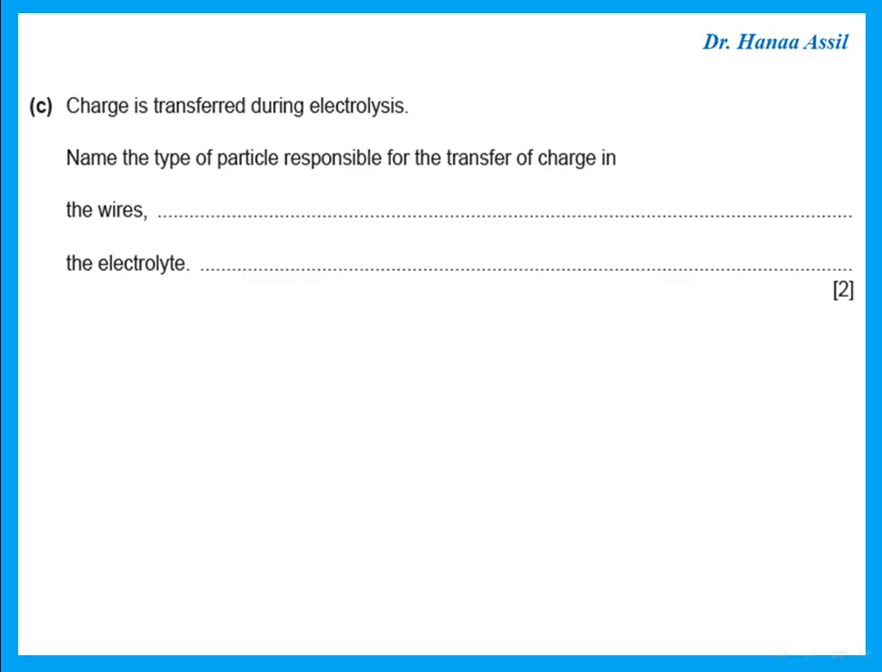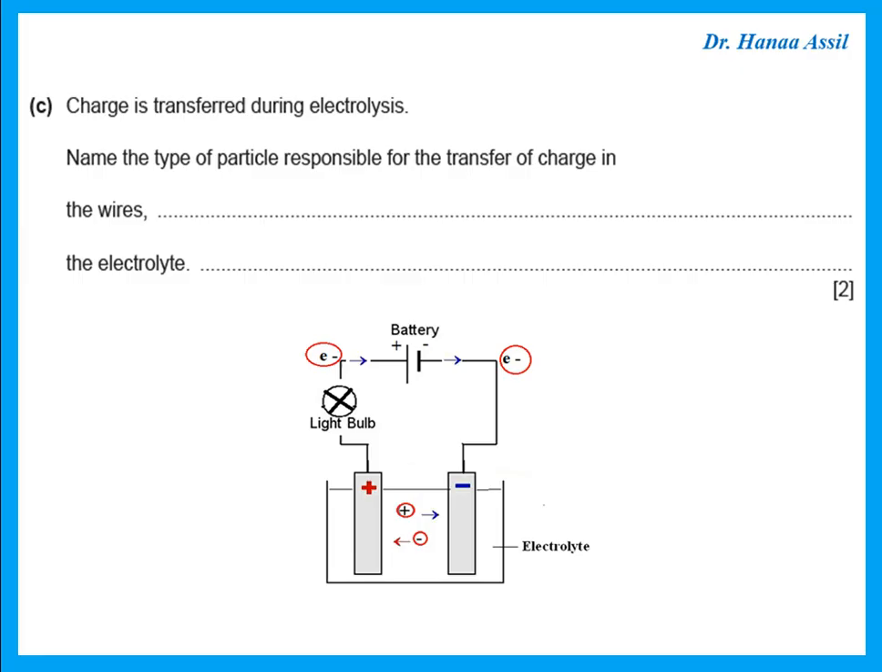Charge is transferred during electrolysis. Name the type of particles responsible for the transfer of charge in the wires and the electrolyte. Now, if we look at the electrolysis setup here, what moves through the wires to conduct electricity is electrons. And what moves through the solution, through the electrolyte, to conduct electricity is the positive and negative ions. So always remember that in any electrolysis